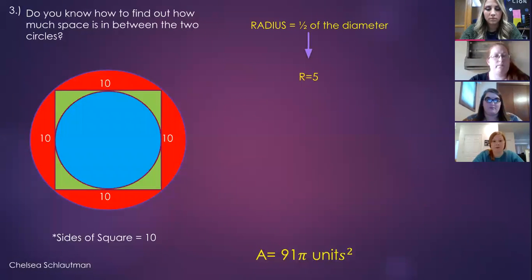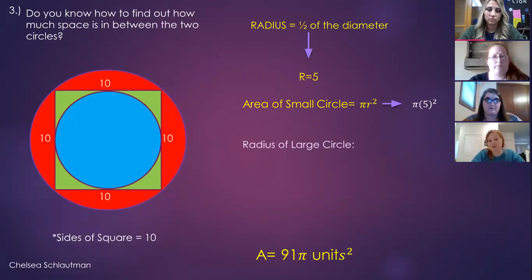And next, we're going to find the area of the smaller circle. To do that, we're just going to take that radius and square it and then multiply it by pi. So we'll have pi r squared, which will give us pi times 5 squared. And then we're going to find the radius of the larger circle. For that one, we're going to use the Pythagorean theorem. We're going to have a squared plus b squared equals c squared. And the a and the b are going to be our radius. So we're just going to